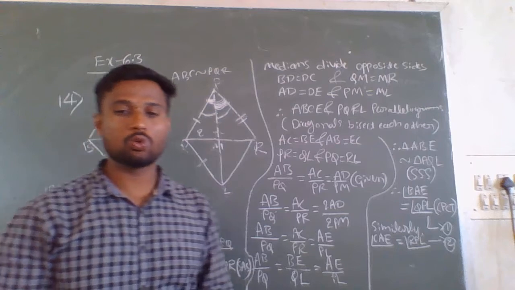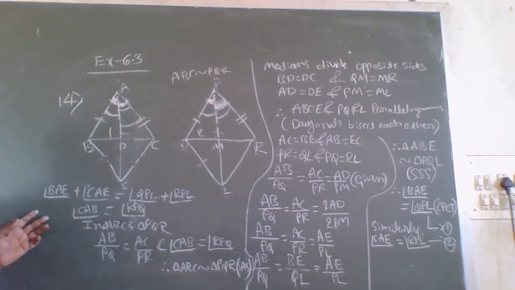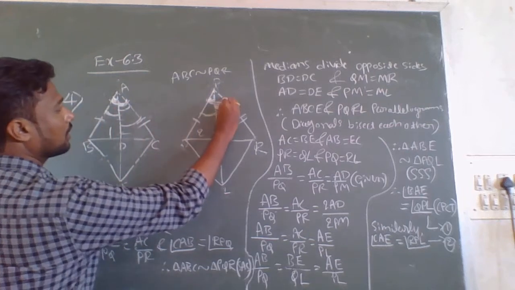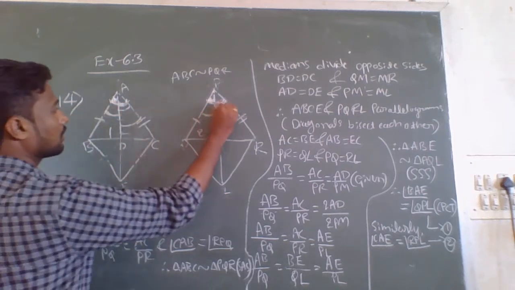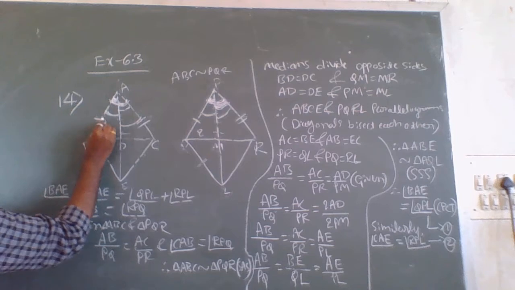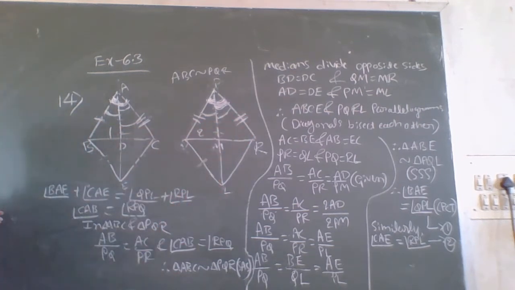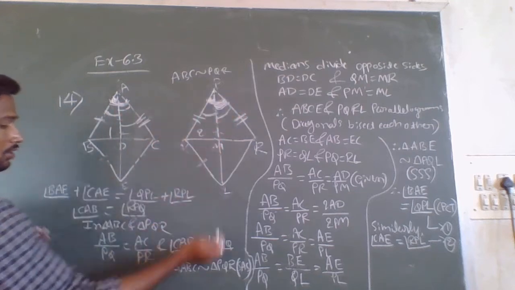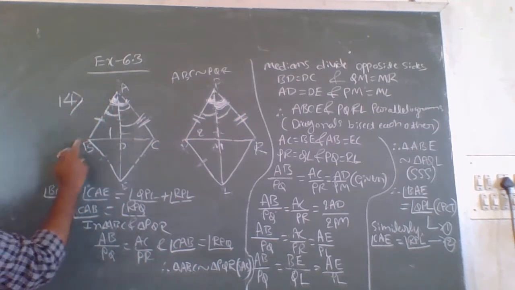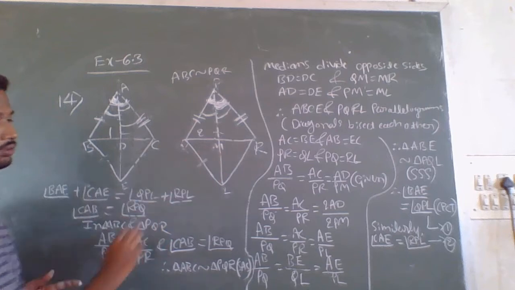In the third step, what do we have to do? You have to add first and second. What will you get? These two angles are equal. If you get these two angles are equal, then they have given that this side and these sides are proportional and these two angles are equal. Therefore, we can write ABC is similar to PQR.